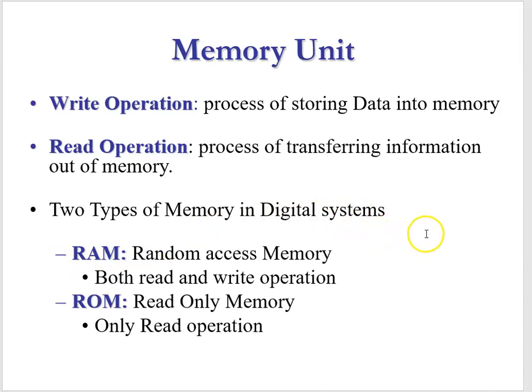We have two types of memory in digital systems. We have random access memory. We use the acronym RAM for that, and it has both read and write operations. And then we have read-only memory, or a ROM, and that only has the read operation. There are other differences between RAM and ROM that we will discuss, and you might wonder, how can you have a read operation of memory if you haven't written anything into it? We'll get into that as well. We'll also talk about